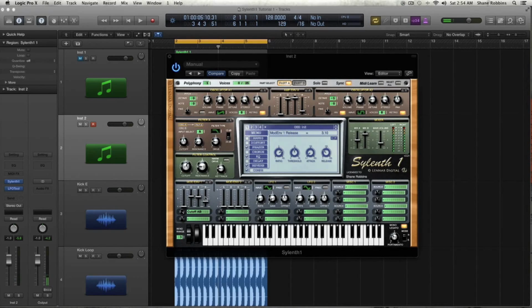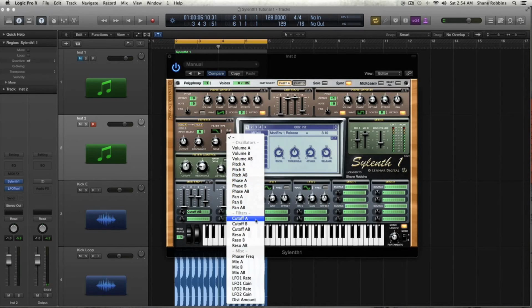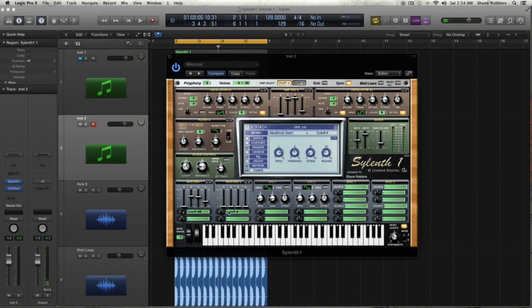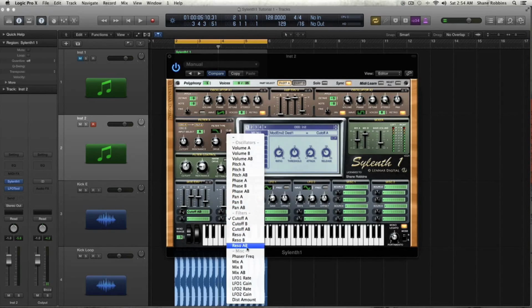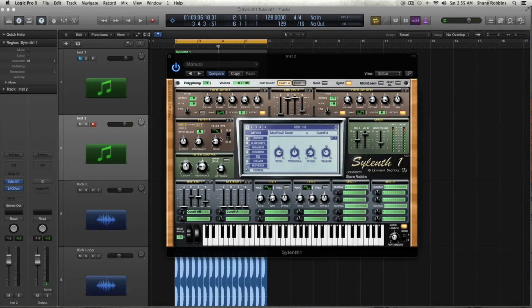And now for mod envelope 2, we're going to take the cutoff filter for A. What this is doing is routing things back, in an envelope sense, into these different destinations that you can choose. So it's pretty flexible. You can choose your pitch, you can use volume, A, B, phase, these phase knobs here. So you can start to control the sounds of those effects a little bit better. So going with cutoff A, we're going to turn this knob that controls the amount of it to about 4.10,